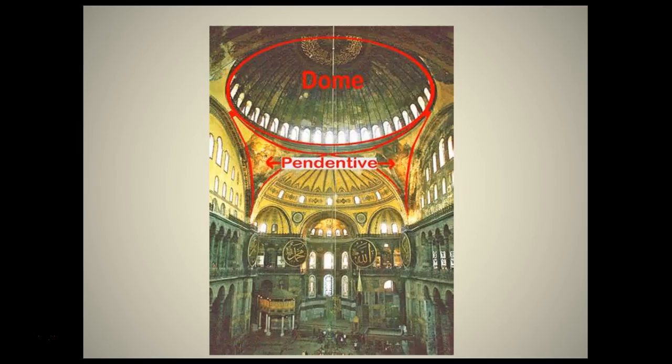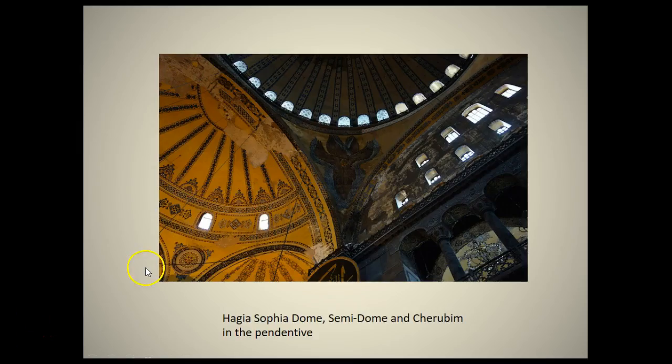All right, so here's a better illustration of that. A pendentive is an architectural feature, any of several spandrels in the form of a spherical triangle forming a transition between the circular plan of a dome and the polygonal plan of supporting masonry. The pendentives made it possible to place the dome over a square. Hopefully you can see how they're defined right here. And here's the dome. Here's a pendentive, a close-up of one. Most of the time they were decorated or had some sort of beautiful mosaic placed in there.